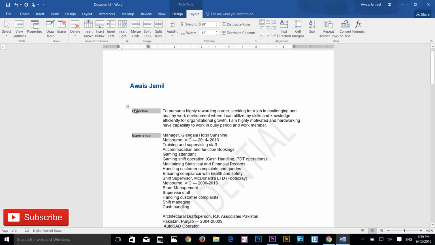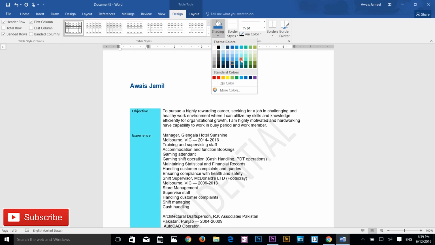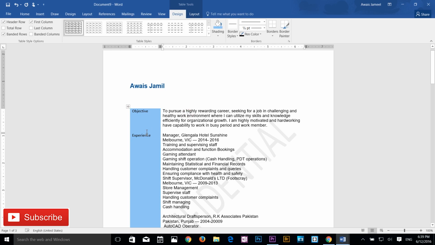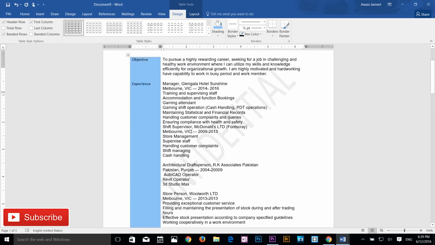Okay, so let's go to our design, and I've got the shading option, so I can just click here. Maybe I will go and select maybe that color. Well, that's fine for now. Okay, so that's the color we've got here now, and then we've got the text color at the left. We're going to apply some